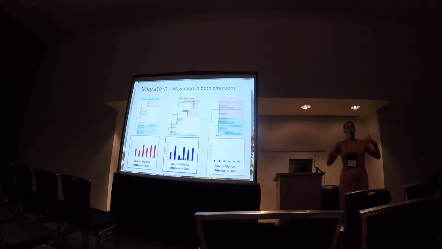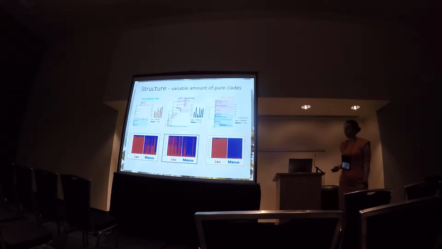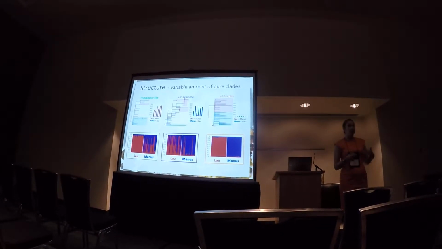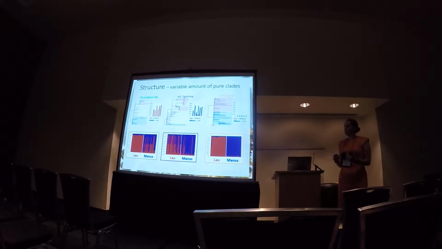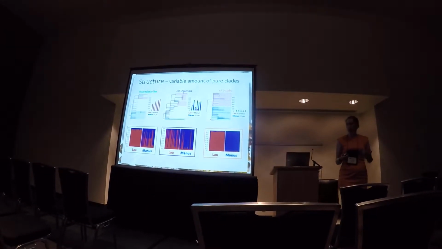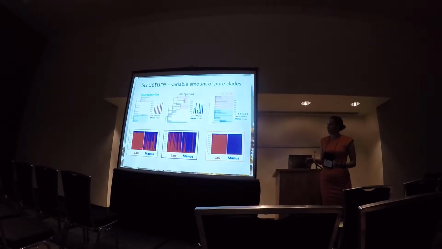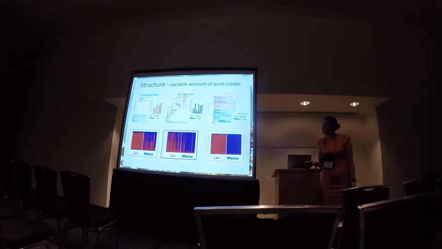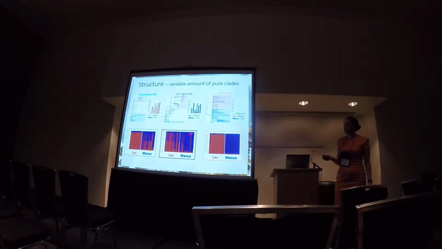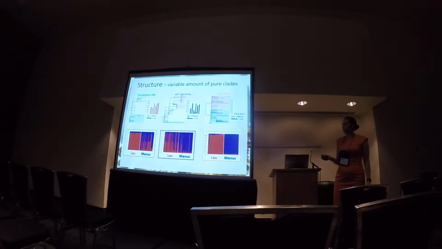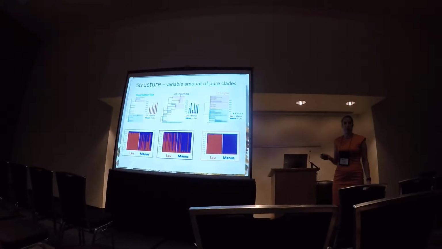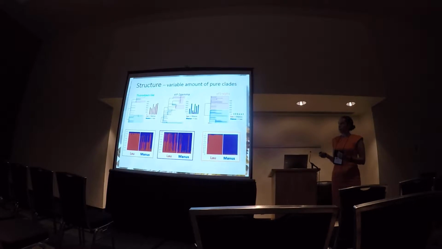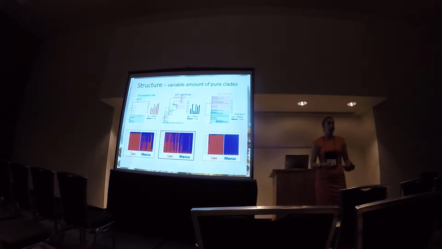Okay, so we can do even more analysis with this type of data and do a traditional STRUCTURE analysis. STRUCTURE works better if you actually combine all the loci, but this is just a simple clustering algorithm to see within each of these loci, are we detecting some structure? And in the first instance, you have this predominantly pure Lau group, and a little bit less so here in the Manus, and then here, of course, you have a very strong structure, except for this single individual here, which corresponds to that individual. So within each of these loci, what we're seeing is sort of a consistent story across all of the different analyses,